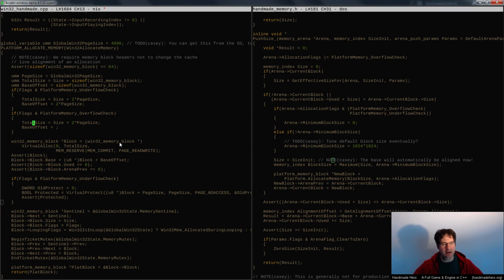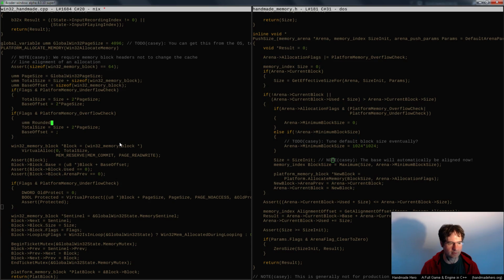OK. And we do have one other thing that we have to do that has to do with alignment that hopefully I'll have time to do after this, but we'll get to that a little later. So anyway, what we need to do is say, if this size was going to be padded out to a full, like basically the entire 4K page's worth, whatever it would be, rounded up, right? So I basically need to round this up to a page size. Rounding it up to the page size is, rounded size, or size rounded up,